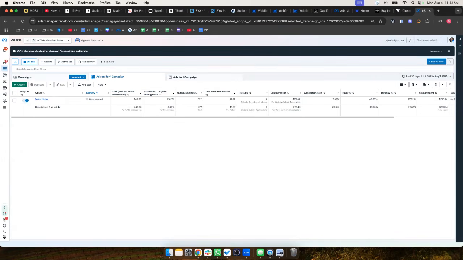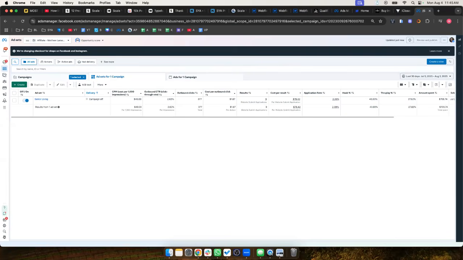But if you want to aim for something, a 3.5% outbound click-through rate is an indication of a really good resonating ad. It has potential to be an amazing campaign. Your cost per click is going to be a function of your outbound click-through rate and your CPM. More competitive niches like business owners will have a higher CPM. If you have a high outbound click-through rate, that's going to signal to Facebook that people like this, and your CPM is going to be going down.